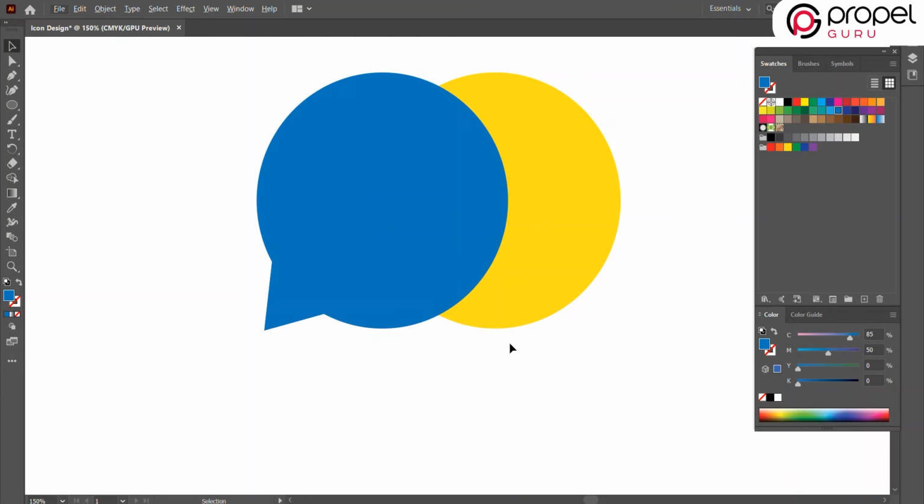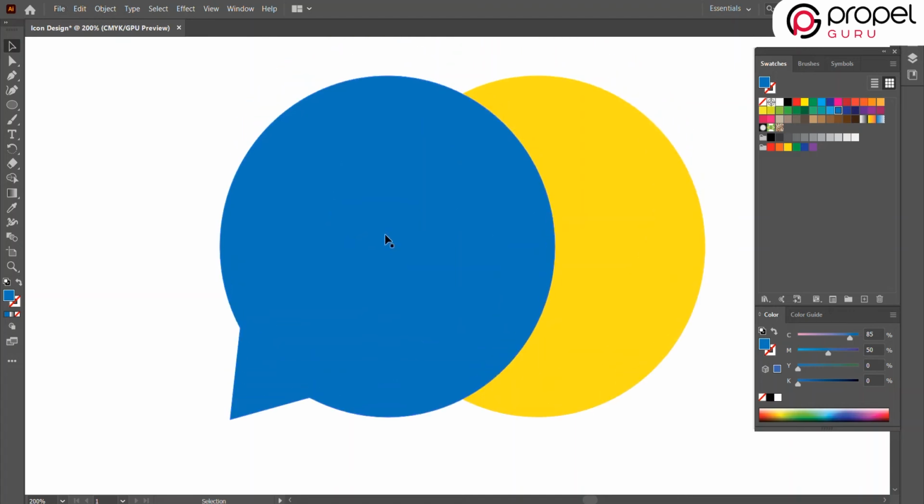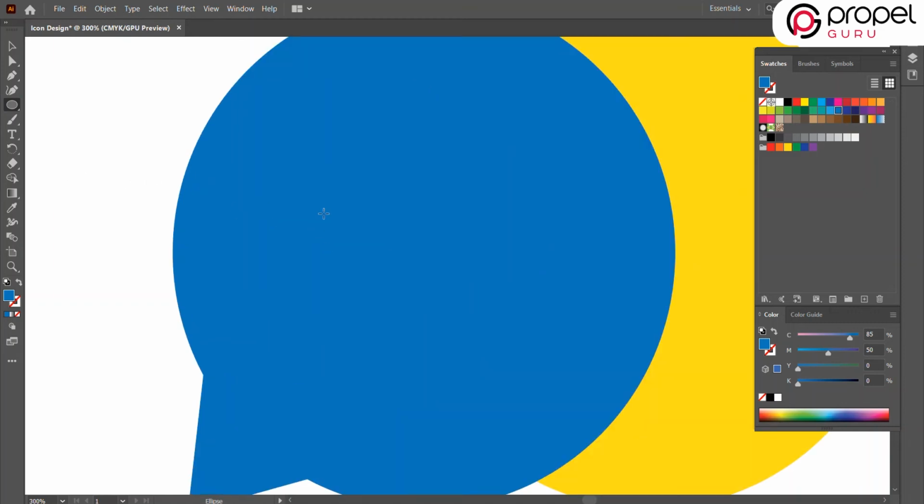We will insert the dots now. Zoom it, press Alt and Shift. And you can see it is placed in the perfect position here. Fill it with white color. We will click on the selection tool and drag this dot to make 2 copies. Press Shift and drag it in the center. Manage the spacings.